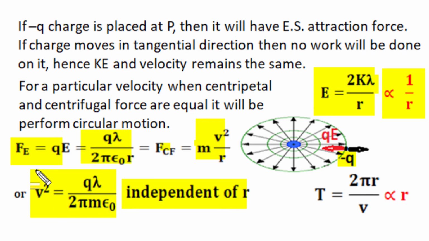So a particle with this velocity v can make circular motion around this line charge of lambda charge per unit length, with mass m and charge q, having this v squared relationship. So for all radial distance positions, if this particle has this velocity, it could make circular motion with equilibrium of centrifugal forces and centripetal electrostatic forces. Now in circular motion, the time period is given by the periphery divided by velocity, and since velocity is constant for all radius circular motions, the time period becomes directly proportional to the radius of circular motion.